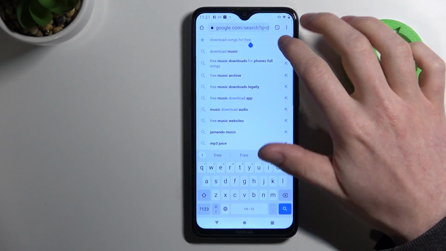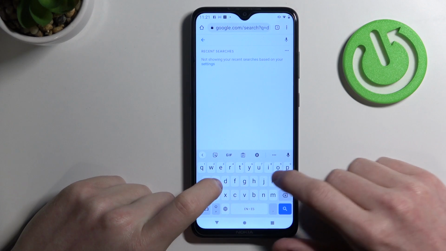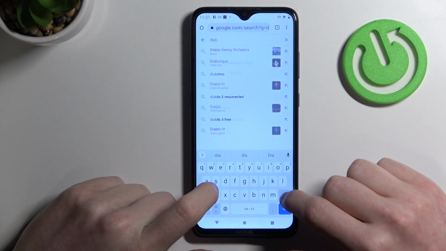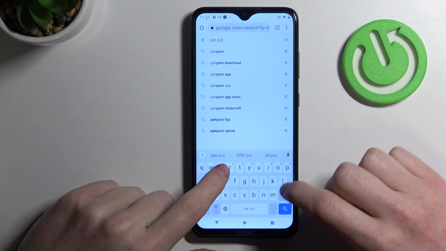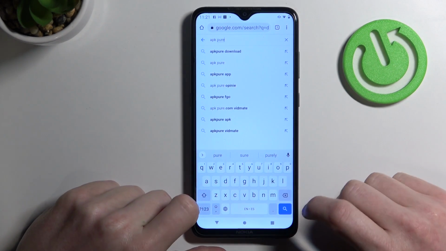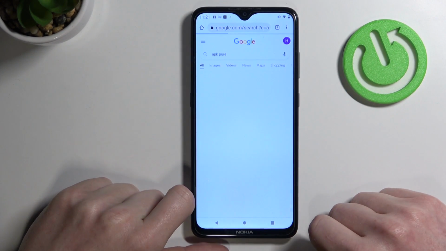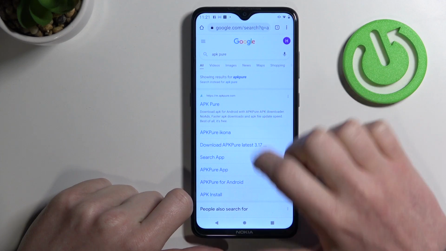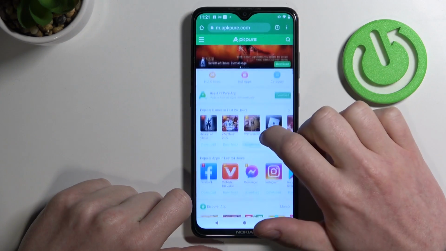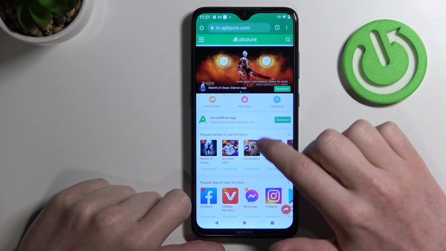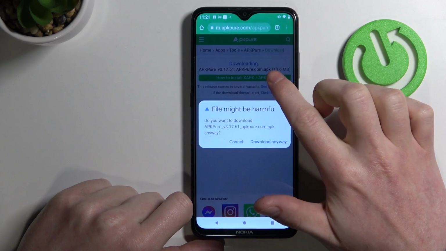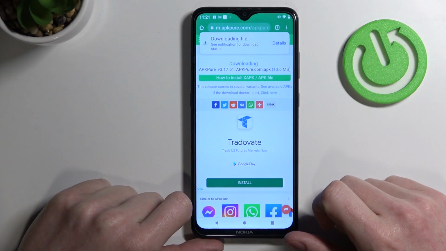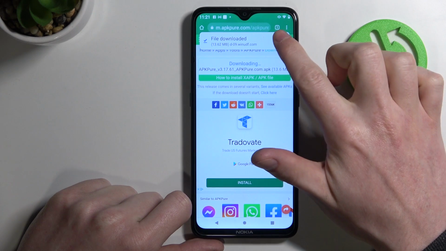Here, enter the Diablo, or actually just AppPure, like this. Hit the search. Open this link, this exact site. Now we want to use the AppPure app. Click download, then download anyway. Open,